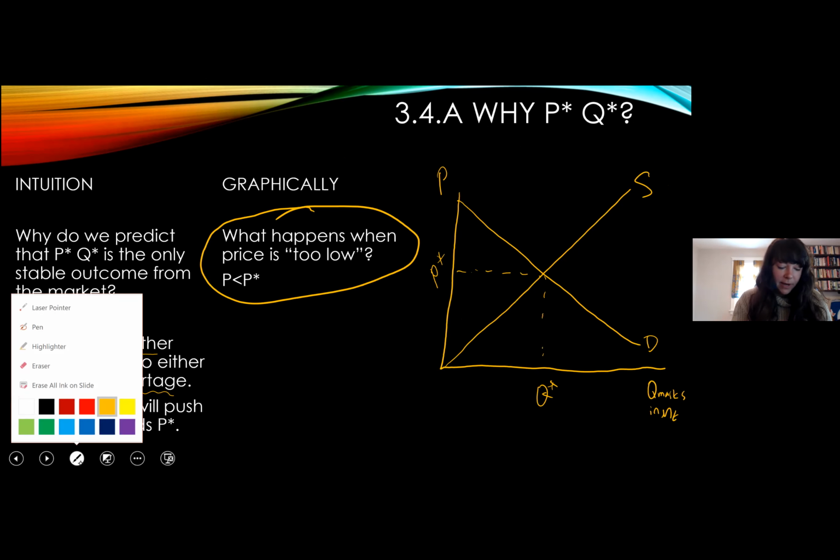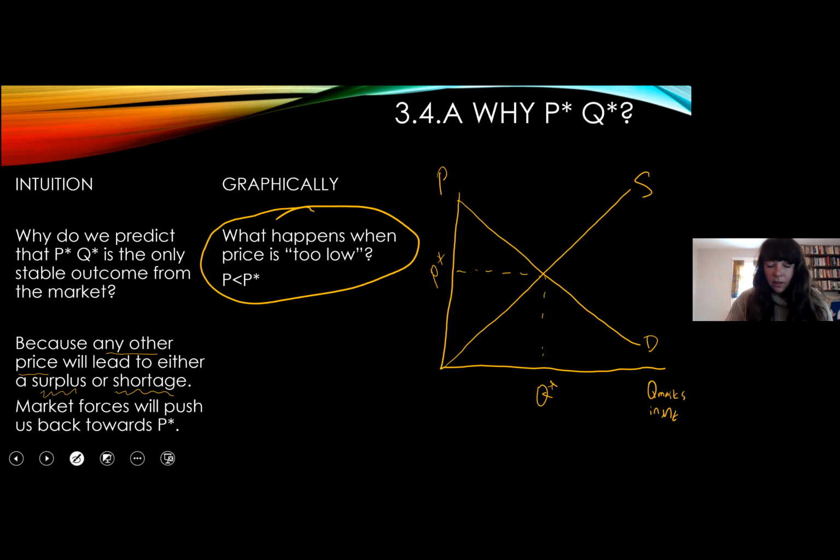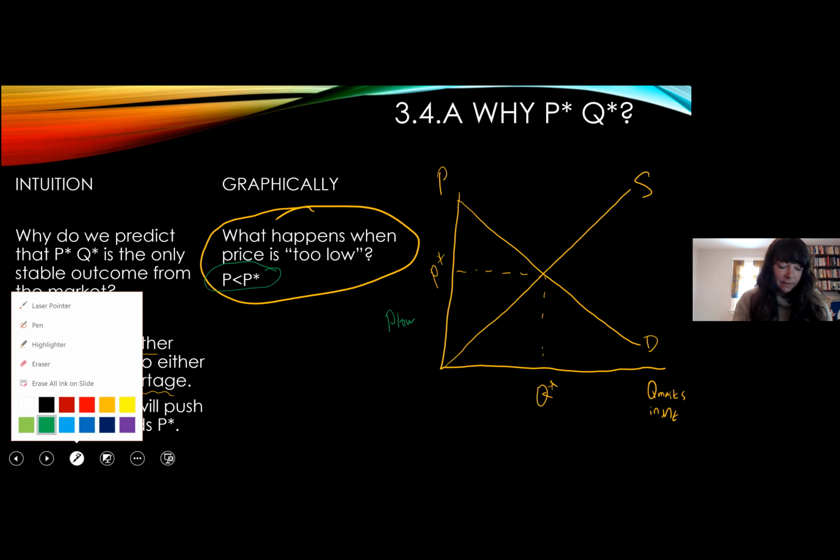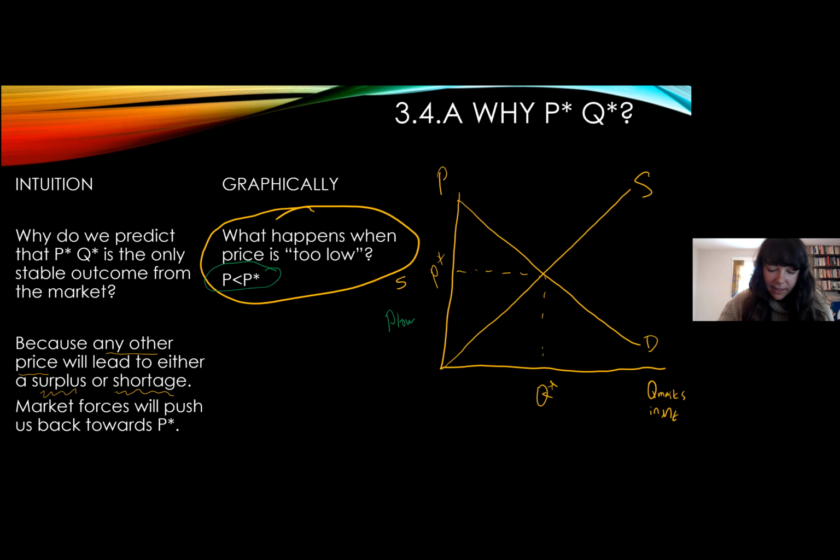And what that would look like if the price was too low, any price below P star, further down on the x-axis. Sometimes it helps some of us to have some more tangible prices on here. Let's say the equilibrium price of masks, I feel like it depends on the mask, but for a nice cloth face mask, I feel like I've been paying $10 to $15. So let's say $15 is the equilibrium price. So if the price is too low, and it's only $8, what will happen?